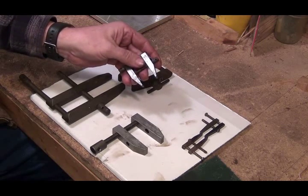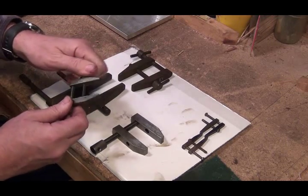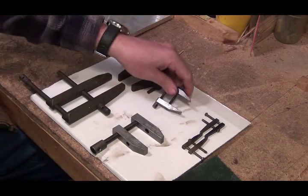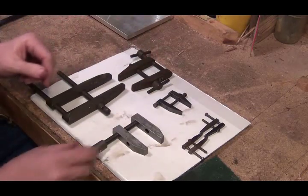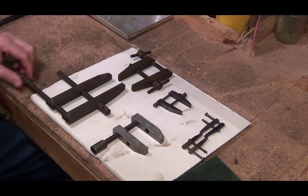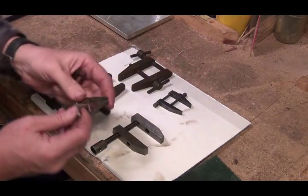This one's made by Great Neck. I just couldn't get this small pair tight enough on there to suit me to hold those pieces without moving, so I grabbed this one, and I couldn't turn this tight enough without the hole. I got the other one of these bolts in my drill press getting ready to drill it, but these two pair here